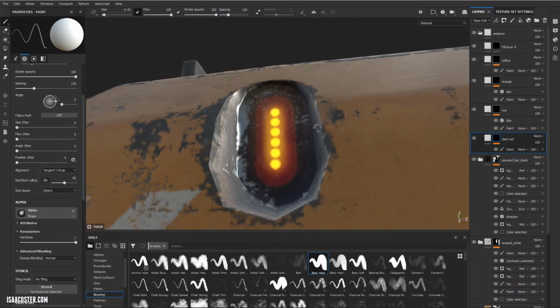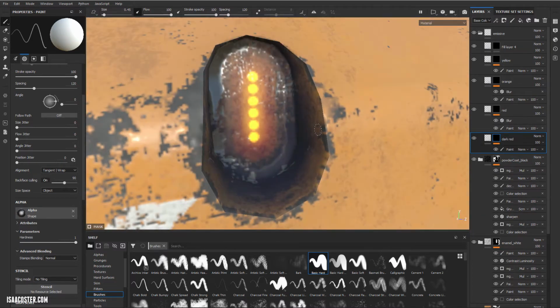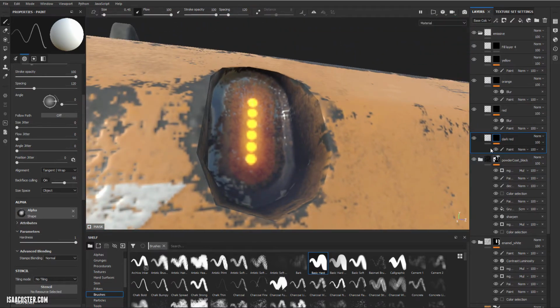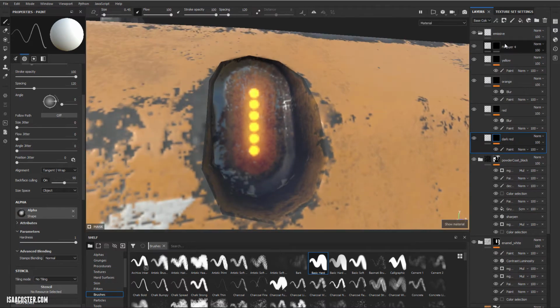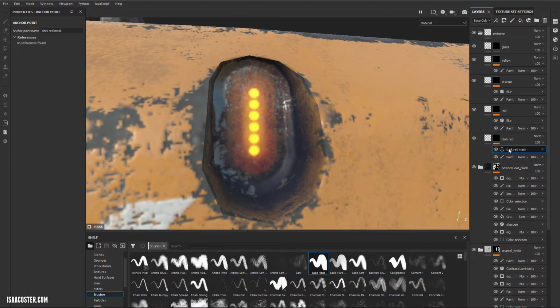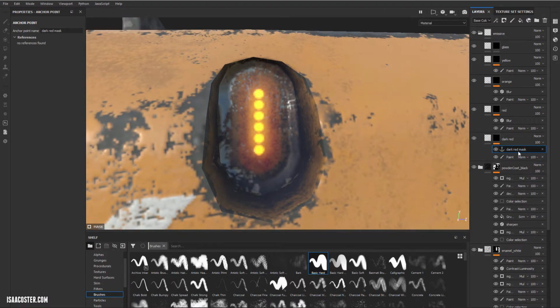I'm going to show you the first. More of this is coming, but initially, this is a really cool thing. What I want is for this mask to drive where my glass is showing up. So I'm going to add an anchor point to the top of my dark red mask. An anchor point gives you the ability to duplicate or instance a mask from another